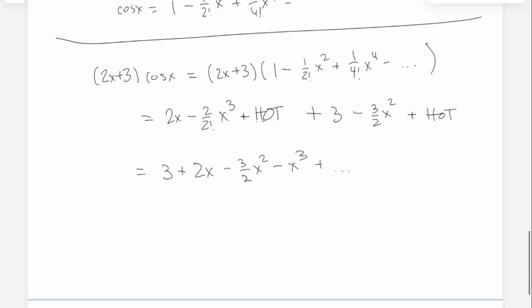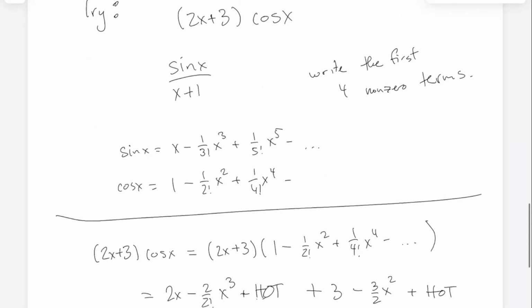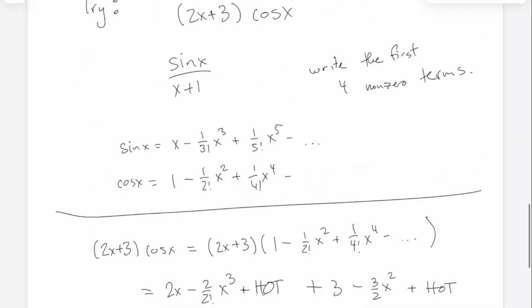Okay. All right, great. And let's try the other one, which is a little more interesting. 1 plus x divided into sine x. Remember, sine x is the one which begins with x. So it's x minus, I'm going to put 0x squared, I guess that doesn't matter, but minus 1 over 6x cubed. That's the 1 over 3 factorial